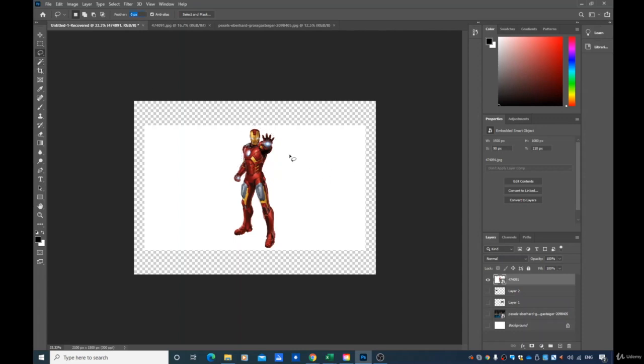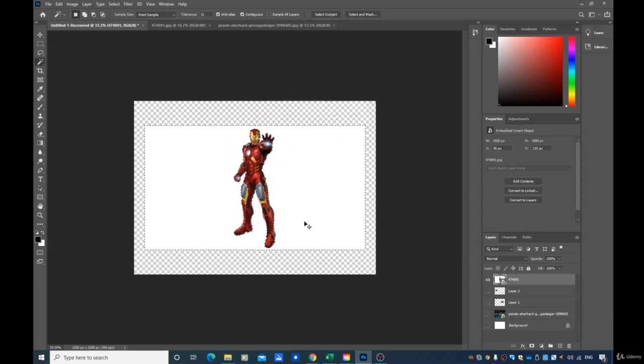What I can do to select all the details of this picture is pretty simple. I'm going to use the tool right here, and it's going to be the Magic Wand tool. This tool is really amazing in the case that you want to cut some parts of a picture, or select a certain part of a picture. In this case we want to select the Iron Man. So we'll simply select everything that we have right here. Then what we can do is simply